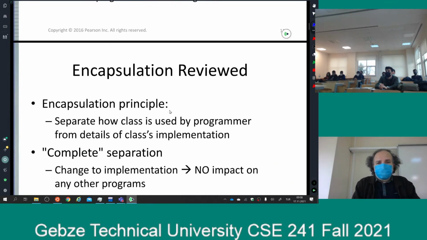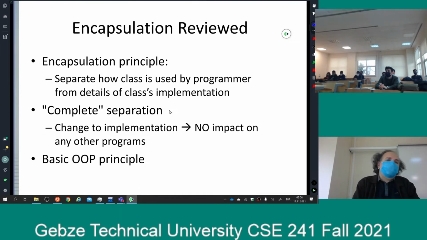Okay, so this is a nice generalization of the encapsulation. So what did we say about the encapsulation? Data and the functions that work on data. With the encapsulation principle, we separate how the class is used by the programmer from the details. Okay, with the complete separation,